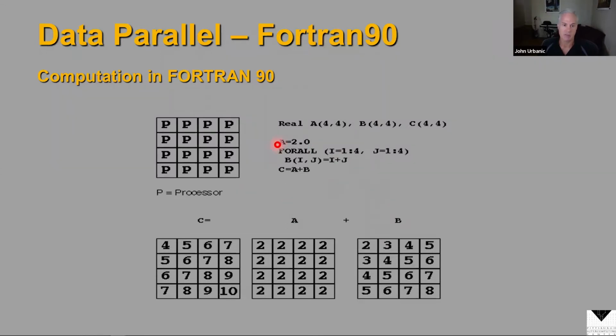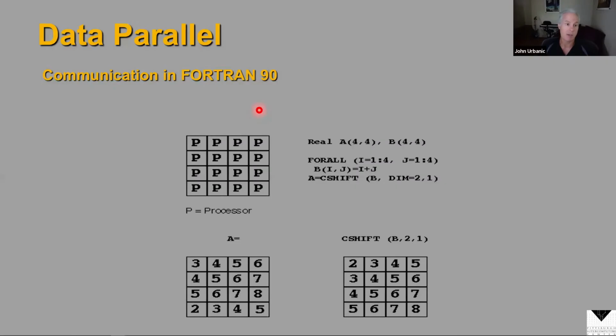There are many aspects of this in things like NumPy, which Python has borrowed a lot of. The Julia programming language has built upon this. So there are lots of data parallel notations out there that you can leverage to do some very straightforward, simple parallel computing. And by the way, that's the computation. How about communication? Communication, or shuffling data around, is also a very simple array-type oriented operation.